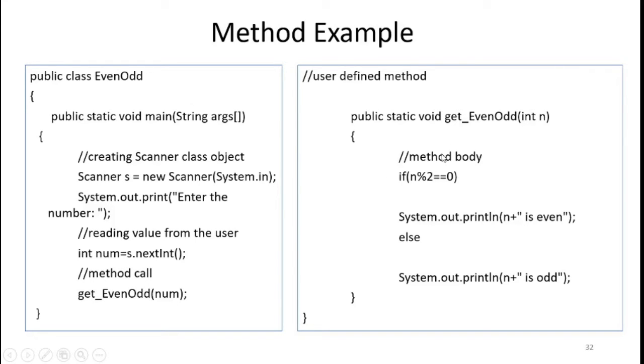So control will go to the execution of that method. Whenever this call executes, control will come here and then this method will execute. In the method body, the statement is just checking whether the number is even or odd. So number mod 2, if it is 0, that means the number is even, otherwise the number is odd, and that message is just displayed. This example demonstrates how to write the method. In this class we have written one method and we have called that method in the main function by passing one parameter num.